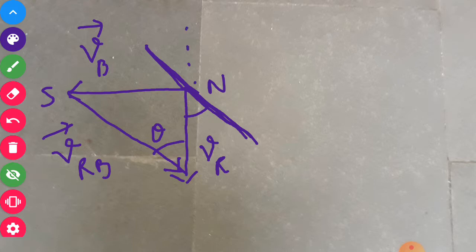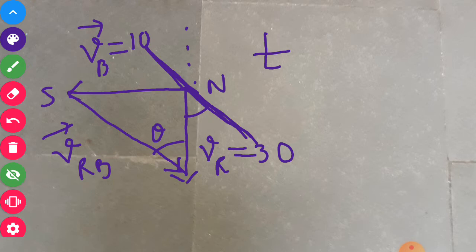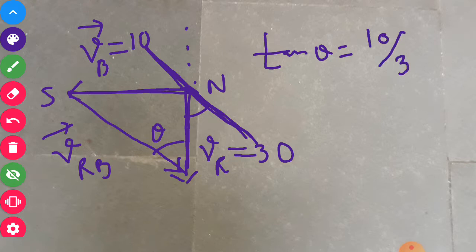Okay, now see the angle which you want to find. The velocity of bicycle is from north to south and its value is 10. Okay, and here velocity of rain has the value 30. So tan theta is opposite upon adjacent, so it becomes 10 by 30, and 10 by 30 is